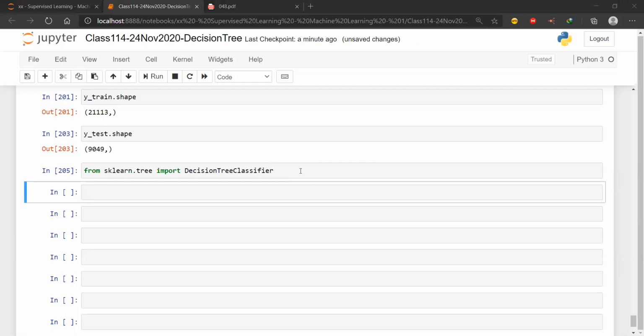Okay, now I have to create an object. Fitting the model is really very easy, right? We know this: dt default, let's say, is my model. So this is my default model, and I'm going to say a decision tree classifier. Now I'm going to pass a parameter over here. I know the parameter, that's the reason why I'm going to pass it, but you don't know that. So what you do,